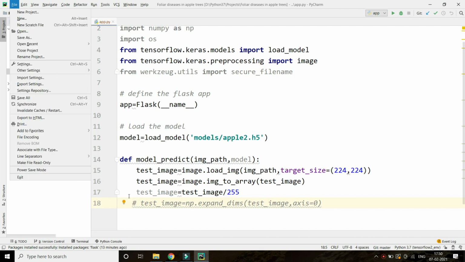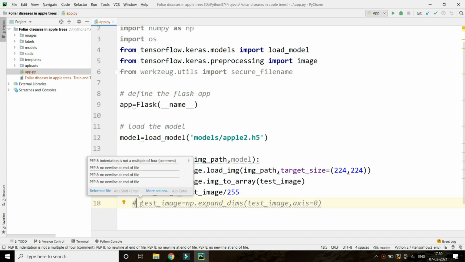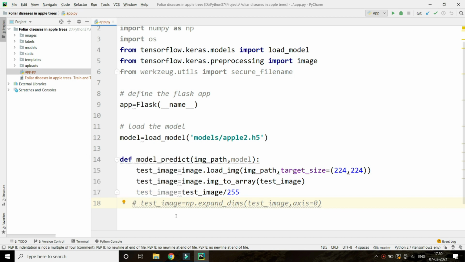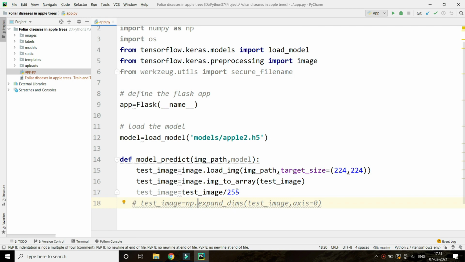Sorry, I had to pause the video. What I was saying is that we train on batches of images, like 16 in the first part, but here we are predicting on just one image, a batch of only one image. Right now the image dimension is 224 by 224 by 3, where 3 means RGB, the colored image.